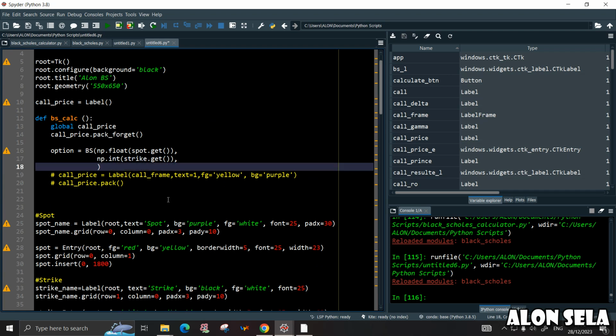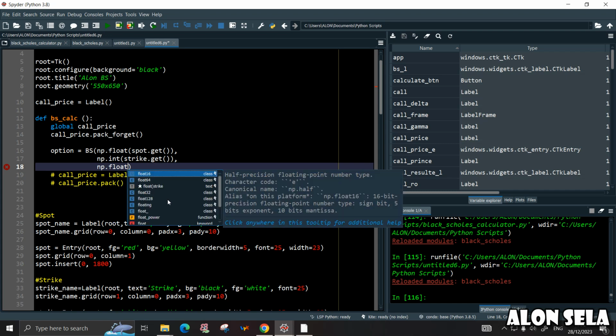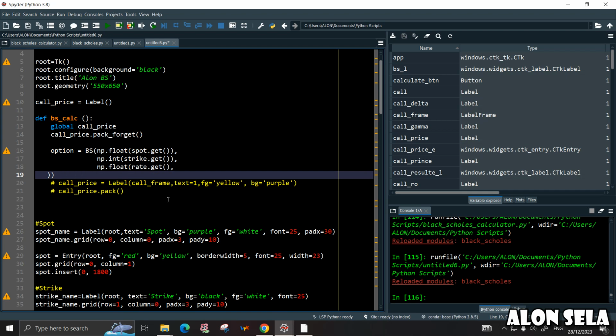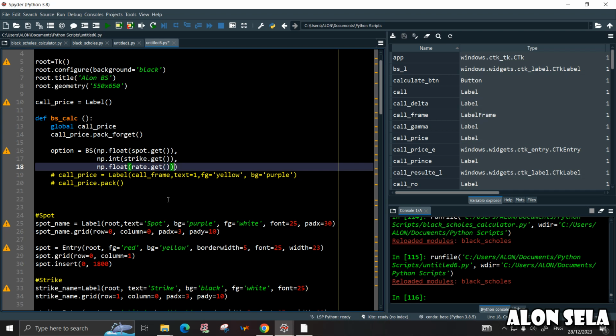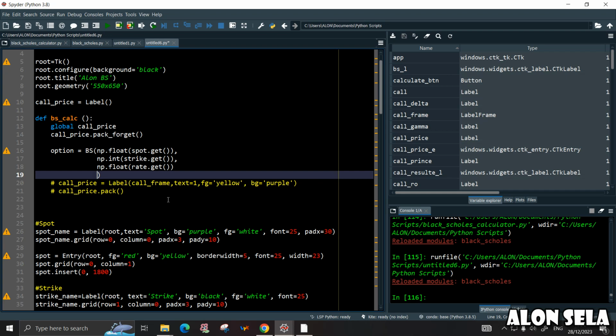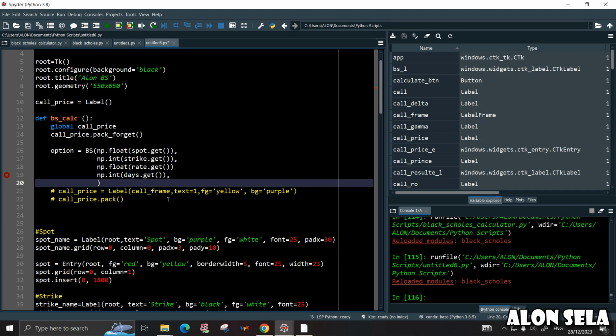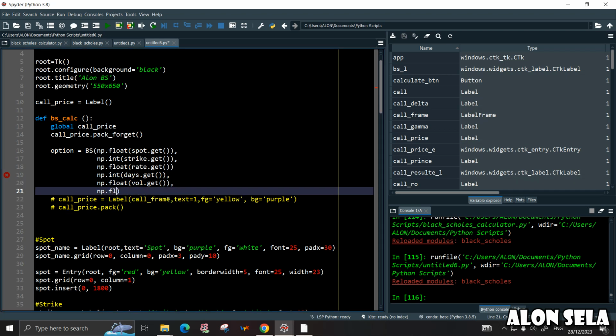Okay, so in the same way we need the rate. The rate will be np.float, and we need the rate.get, and we need, oh, I just made a mistake, just one moment, and we need the days, so np.int, the days will also be an integer, so days.get, and we need the volatility, so np.float vol.get, and last but not least we need float the multiplier, so multi.get,